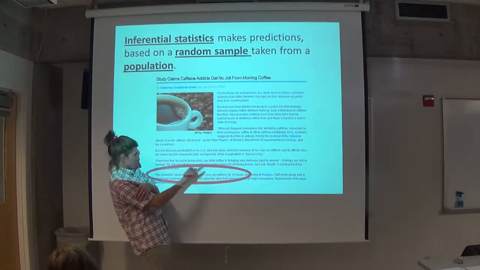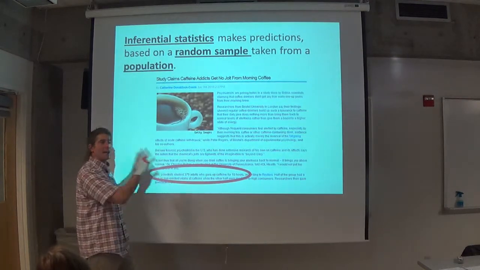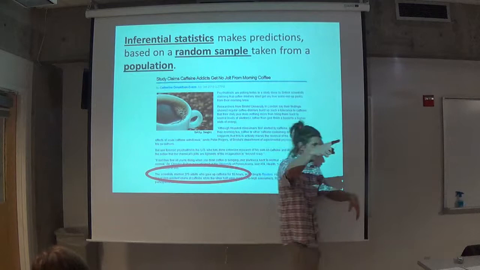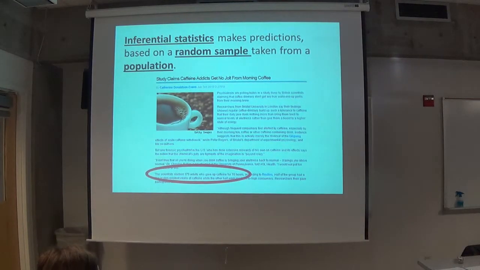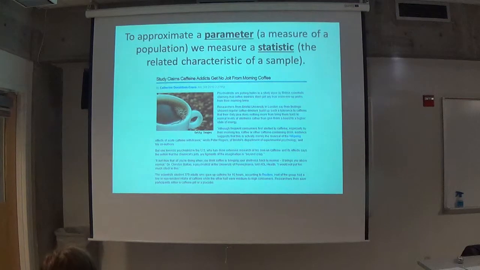And there's our sample, 379 adults. And don't worry about what they did in the study. We'll get into that in 243 later on, in 244 definitely. Just right now, be able to look and find your population and your sample. Here's a good one for you. Oh, sorry, I forgot to define this here.